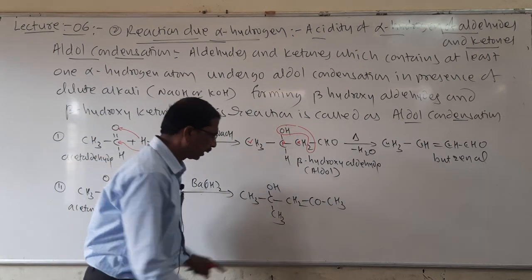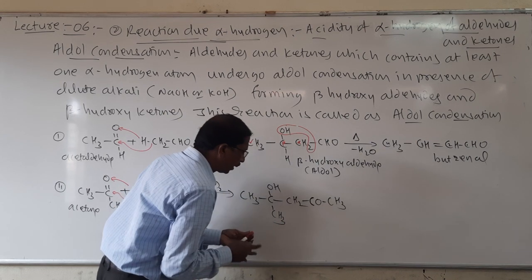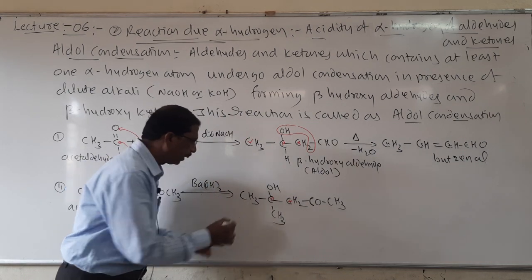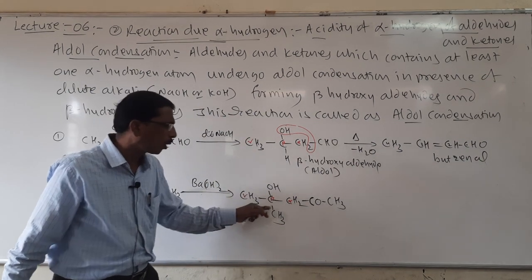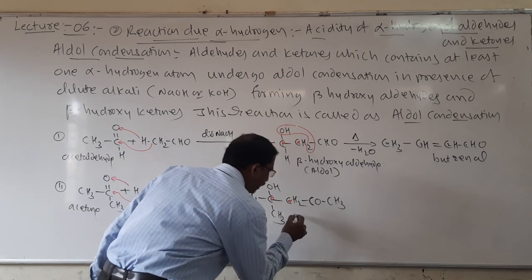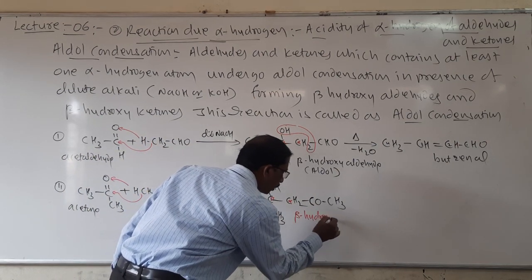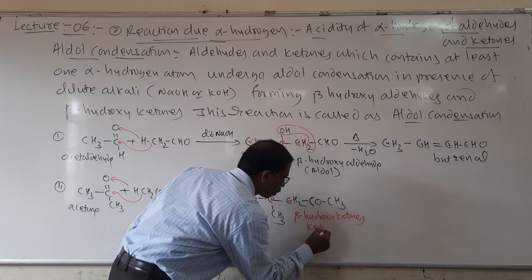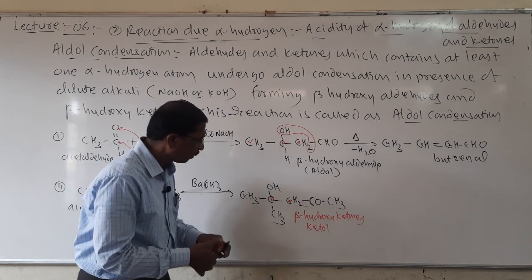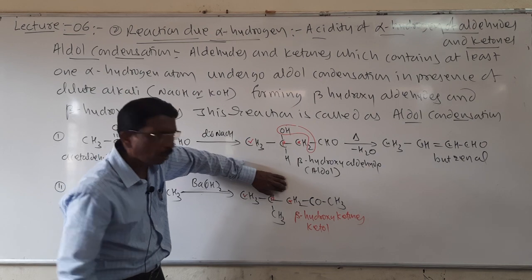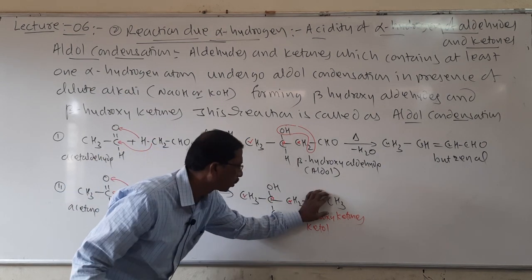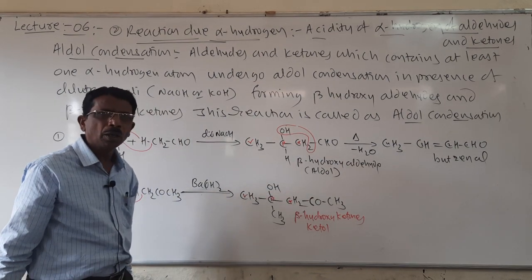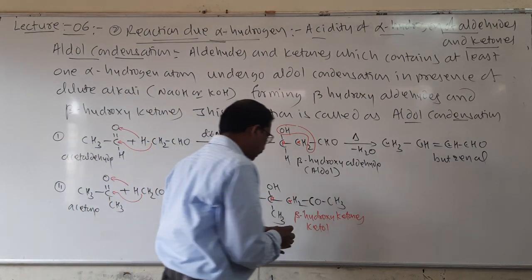Here the functional group is there, and this one is called alpha, and this one is called beta, alpha, beta, gamma, and these are called beta hydroxyketones. It is called a ketol. Look here, if I cover this alcohol, you will observe the ketone group, and if I cover this ketone group, then you will observe the alcohol. So it is called ketone plus alcohol, ketol. So beta hydroxy, and when it is heated further,